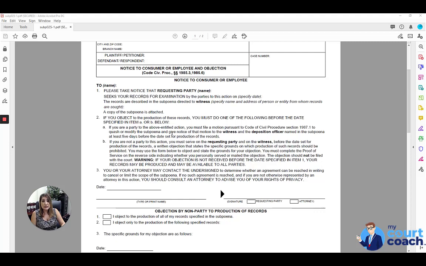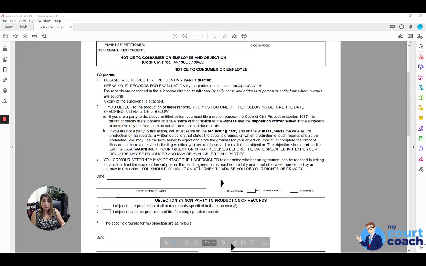If they are a party to the case, they have to file a motion to quash that needs to be filed at least 5 days before the date set for the production of records. If they are a non-party, then they can fill out this objection below, stating the specific grounds why they are objecting. It is important to note that if you do receive an objection or a motion to quash,